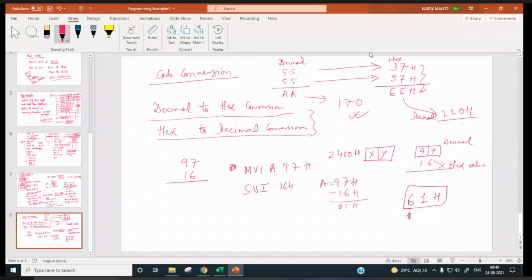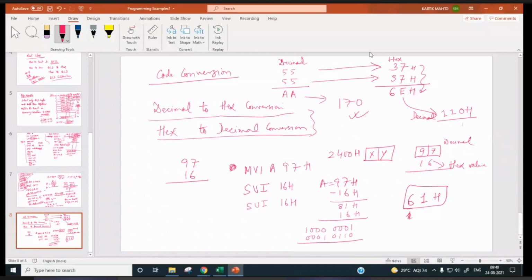Okay. Next, again, if you do SUI 16H, what will be our result quickly? 65. 8 is 1 0 0 0. This is 0 0 1 0 0 0 1 0 1 1 0.